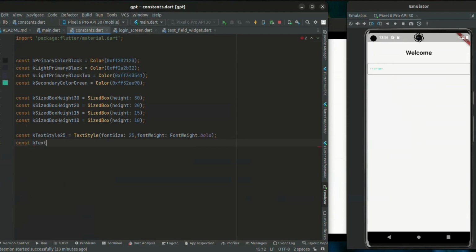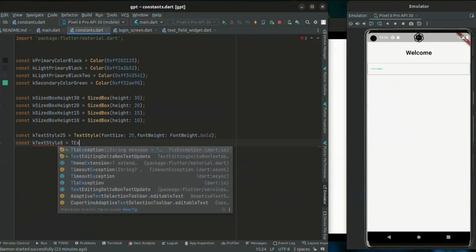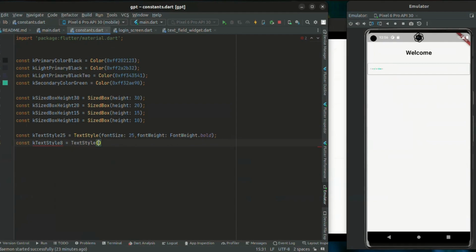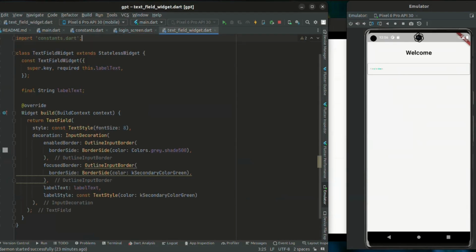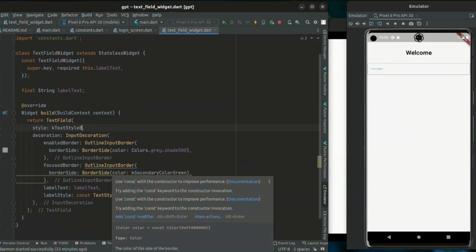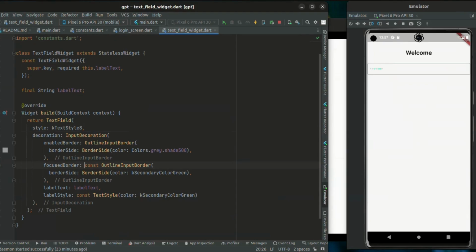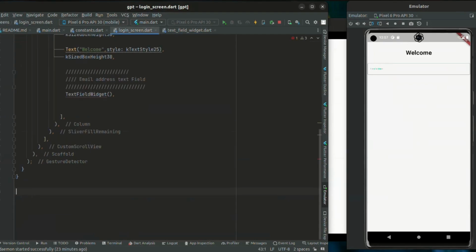KText.size8, so text style font size 8. Copy this, move it all the way here. Let's have the 8 done, and then good, we are good to go. Let's just put a const here. Sometimes I don't pay attention to the const, sometimes I pay attention to the const. So we'll have,